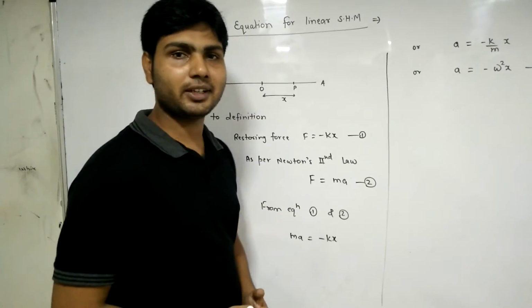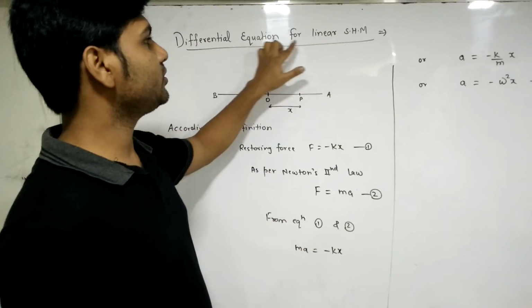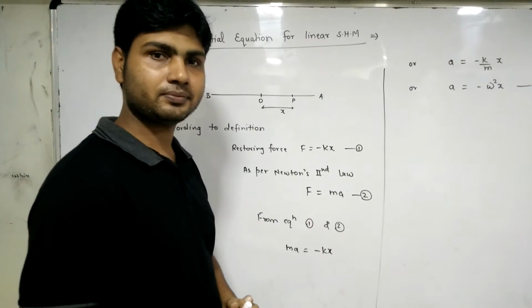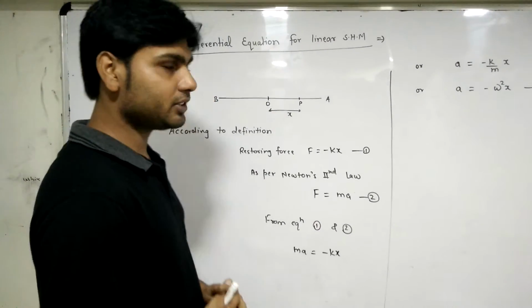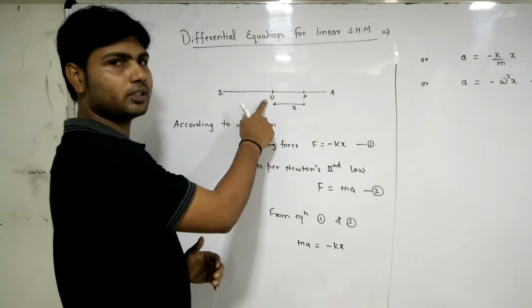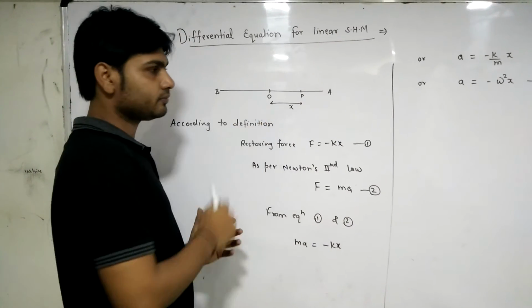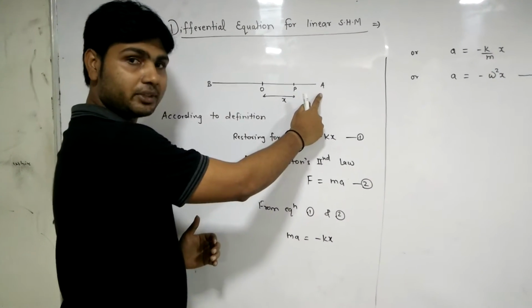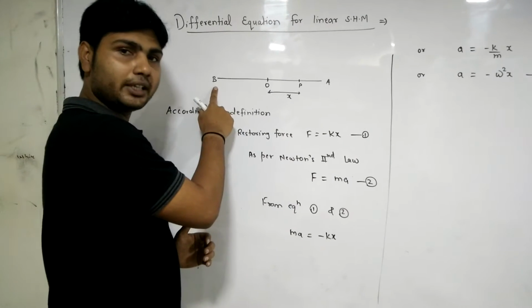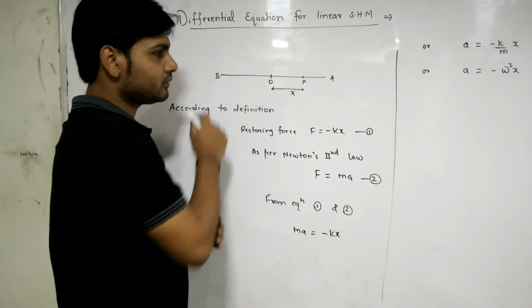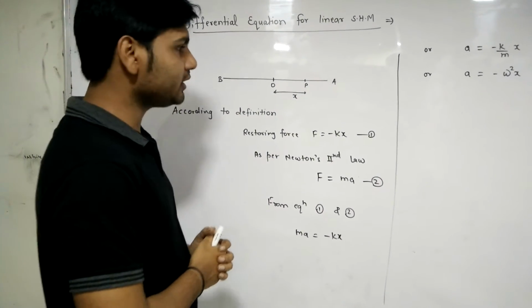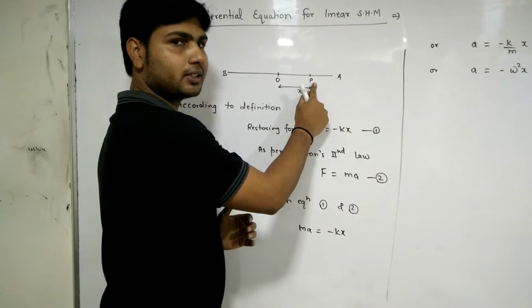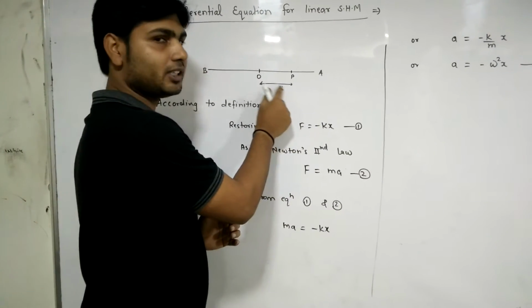Today we are going to derive an expression for the differential equation of linear SHM. Consider a particle which is performing linear SHM about a fixed point O. Let A be the positive extremity and B be the negative extremity of the particle. Let at any instant t, P be the position of the particle for which displacement be x from the mean